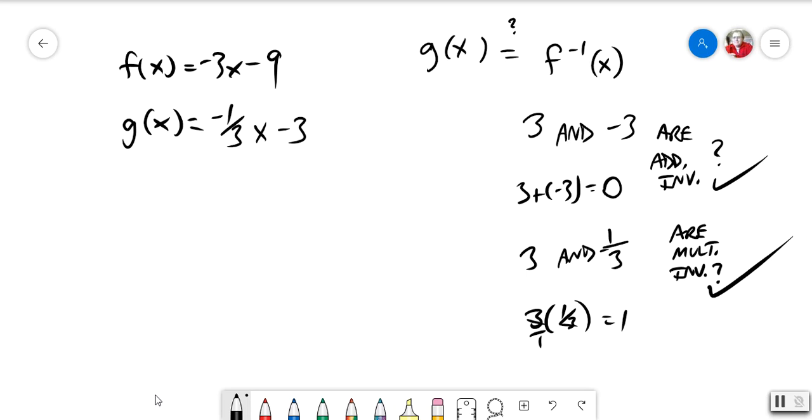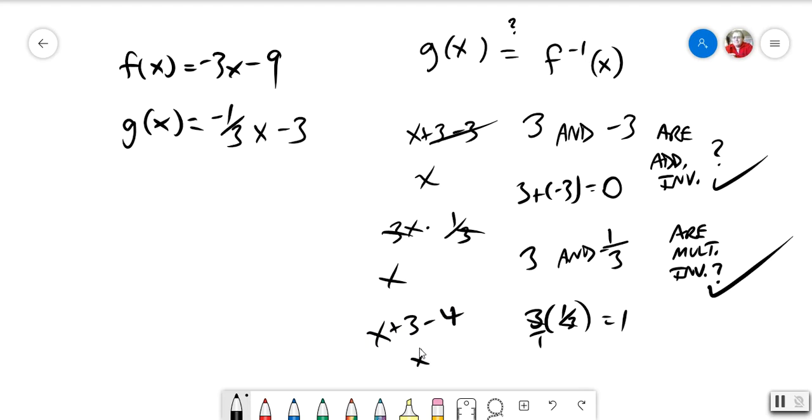So, essentially what you're doing is saying, will f of x and g of x cancel everything out so you come back with plain old x? Because see, to use the example here, if I had x plus 3 minus 3, they cancel out and I get just plain old x. If I had 3x times 1 over 3, the 3's cancel out, I get x. But if I said x plus 3 minus 4, 3 minus 4 is negative 1. I don't get x alone. So 3 and 4